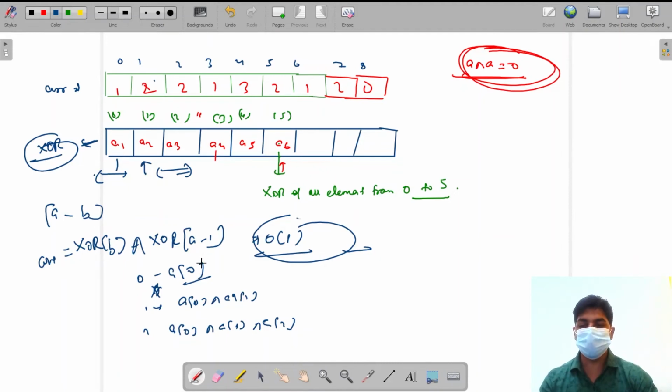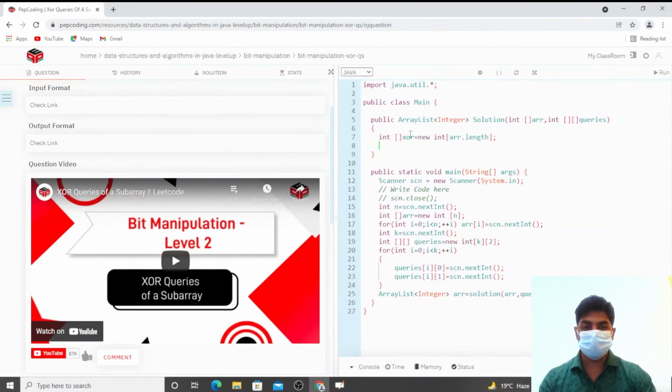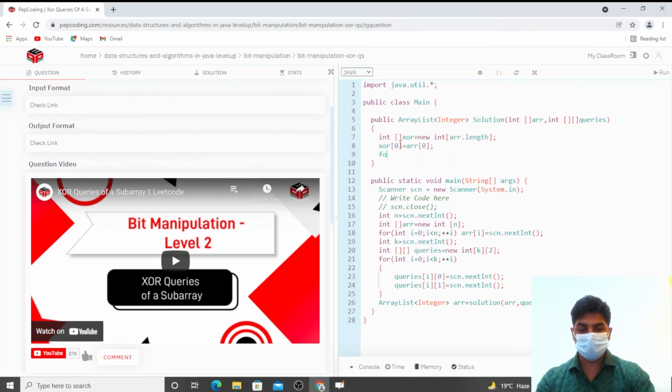We are simply maintaining something like a prefix array, so this is nothing new. XOR of 0 will be array of 0. Now for integer i equals 1, i less than array dot length, plus plus i, XOR of i will be array of i XOR XOR of i minus 1.